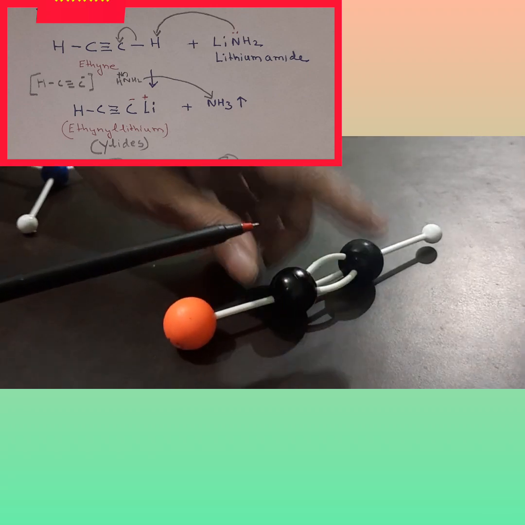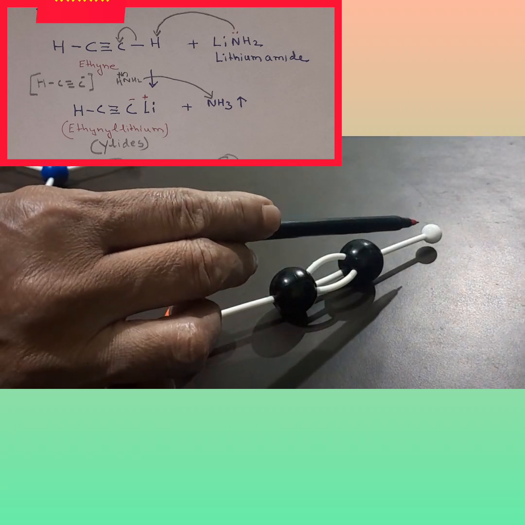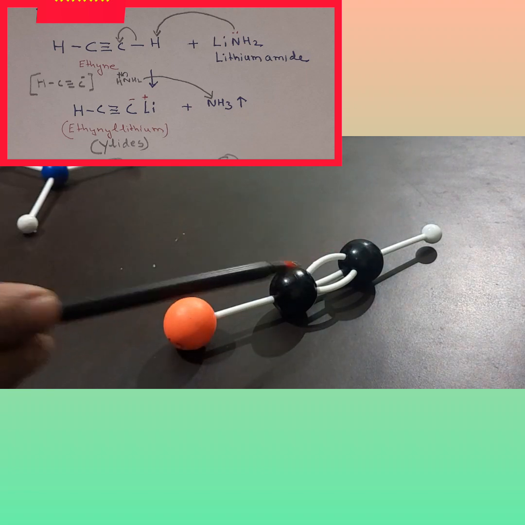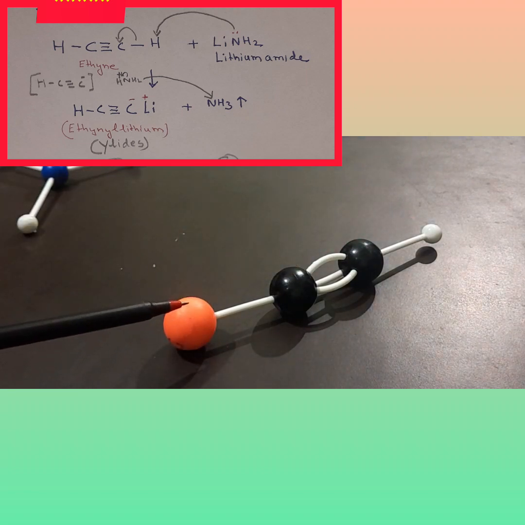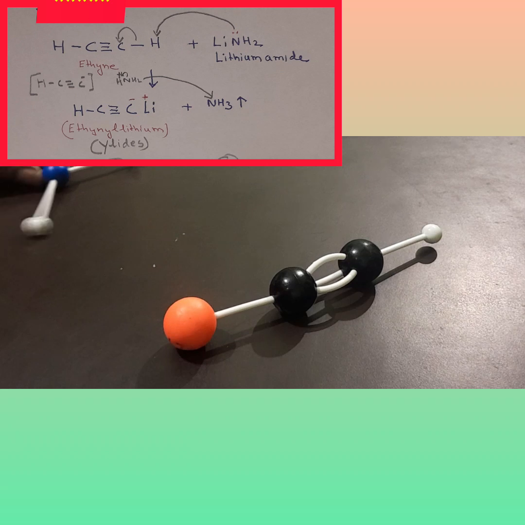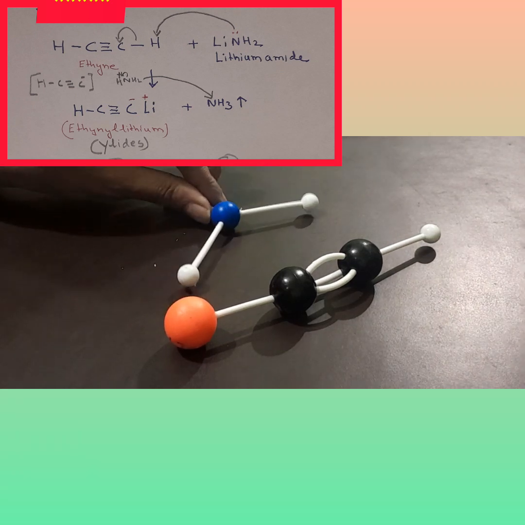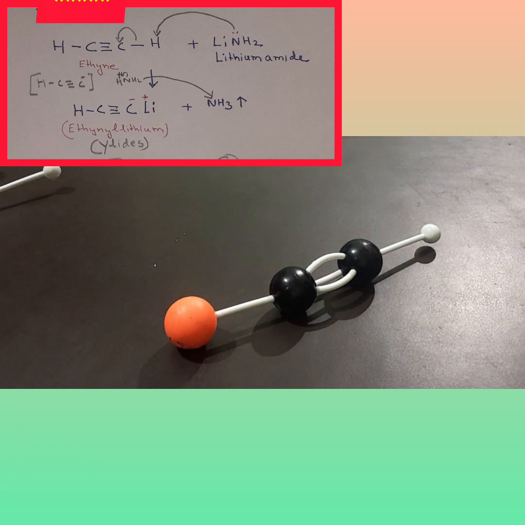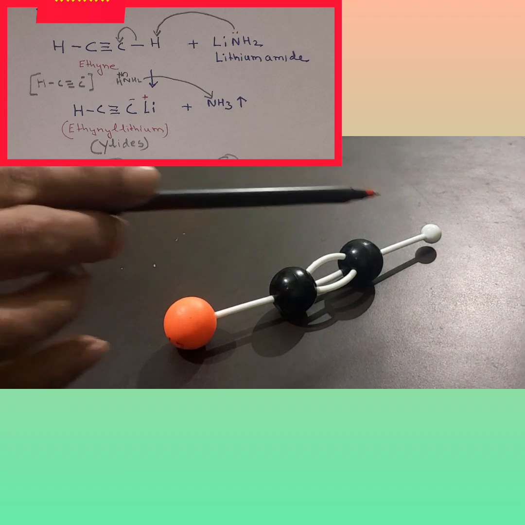This would form ammonia and fly away. So this is the product that we are interested in. This would form ethynyl lithium. Alright, so the product that we get is ammonia as a byproduct, and along with that the product that we get is